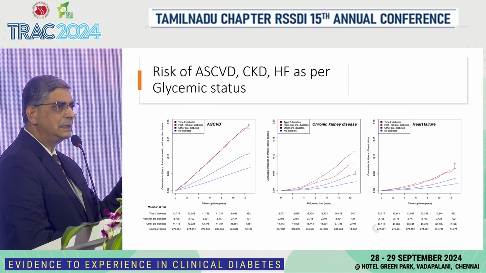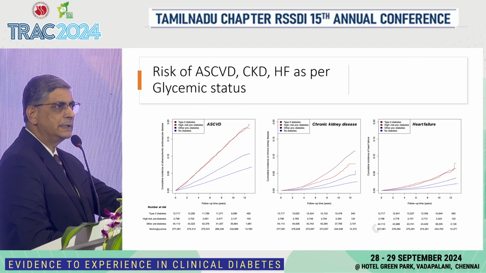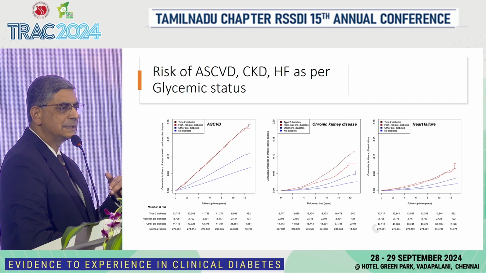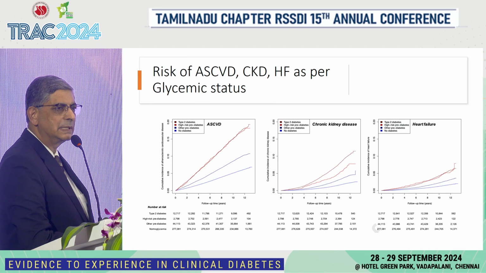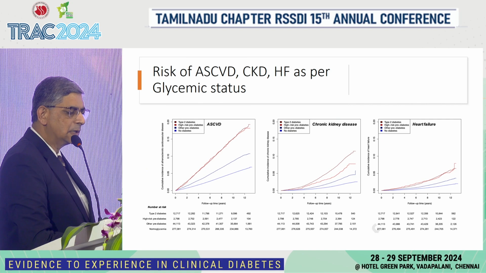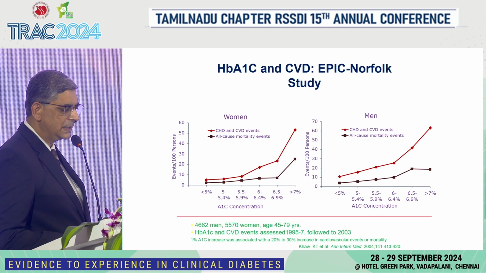So the higher the number of risk factors that the patient had, their risk was almost equivalent to overt type 2 diabetes. Whereas patients who had lower risk numbers were more protected and were inching towards normal glucose tolerance. So with the presence of atherosclerotic cardiovascular disease or heart failure, you had a clear indication that their risk profile was almost similar to overt diabetes. In chronic kidney disease, it's much lower, but in cardiovascular disease, it's almost similar.